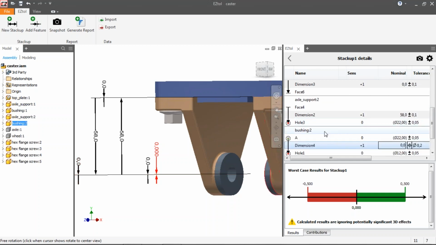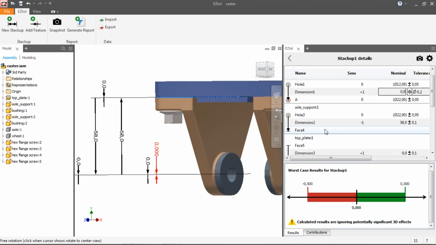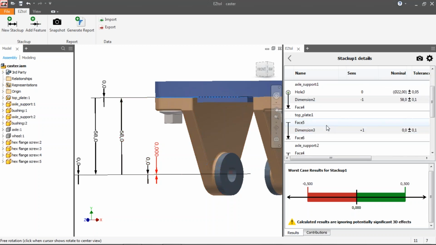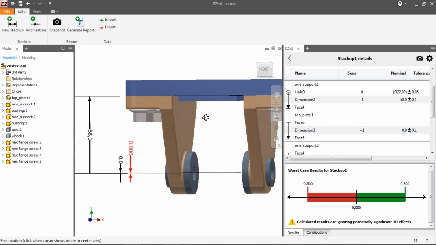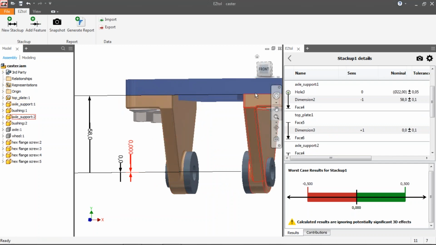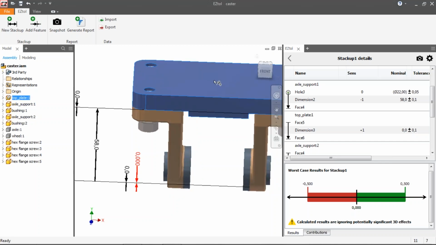What you see here is the optimal dimensioning scheme. So it's the shortest possible tolerance chain, which has the lowest amount of variation. If it looks a bit differently on the drawing, we can add some features. For example, if those two surfaces of the top plate are toleranced with a profile tolerance towards the top of the top plate, we can add it through the Add Feature button, and then it will appear here